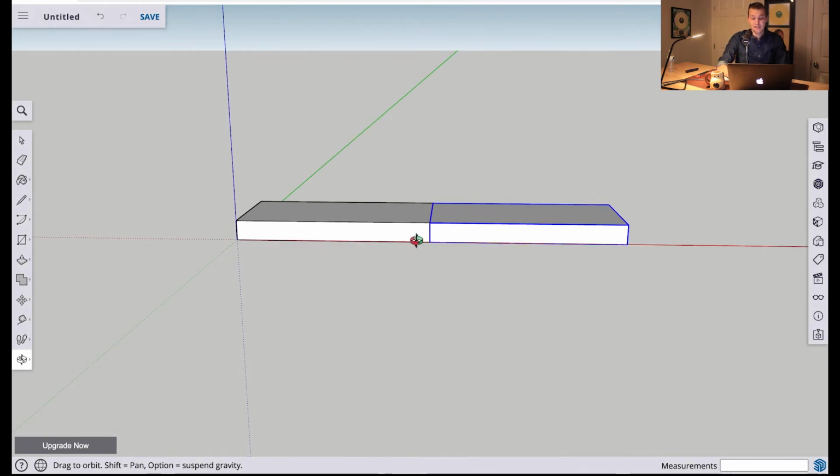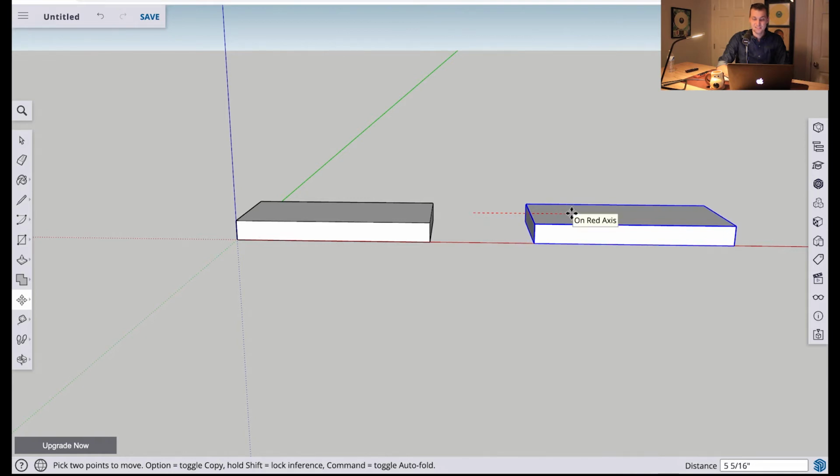Now, if I want to put a foot of space between these 2, I can click M for the Move tool, select anywhere on a face in the component, click, and begin to drag. And you'll see that once again, it is dragging along the red or the X axis. Because we're clicking and dragging, we can define this length. Since we've already started moving it to the right on the red axis, all I have to do is simply